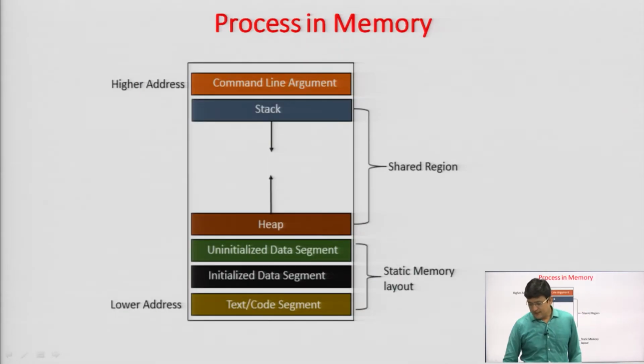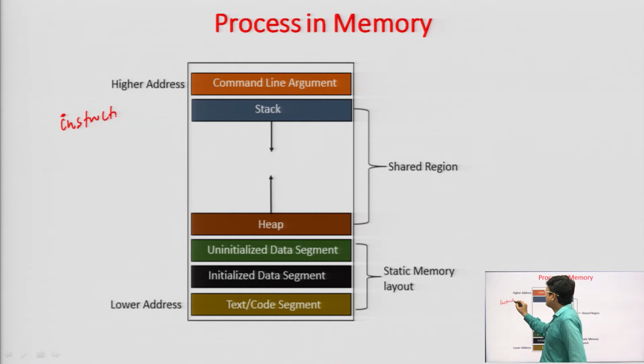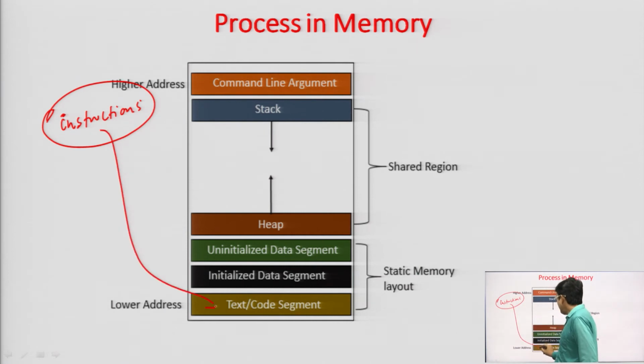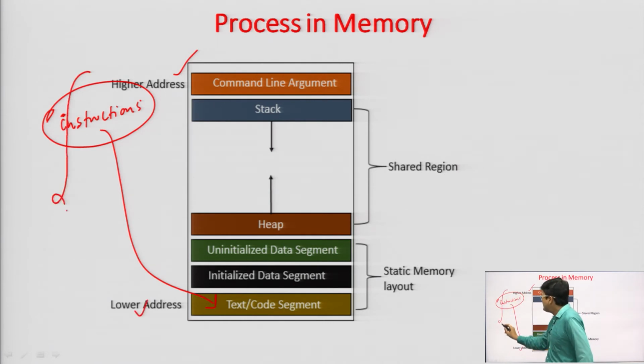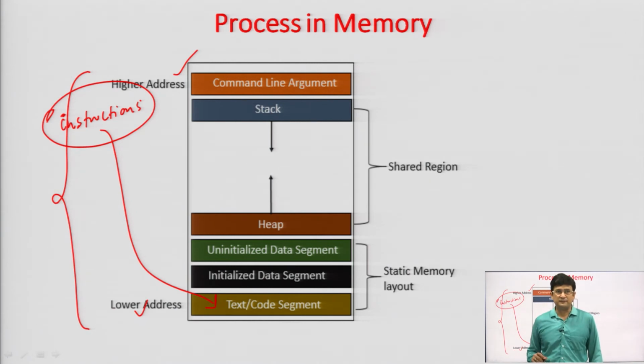And then there are several segments, or several parts of this process. It means when you are bringing the program, there will be instructions. These instructions are the text. So, these instructions are going in the text segment of your process, or your process boundaries. This is the higher address and this is the lower address. So, the space between the two is the process boundary. It is of 64 kilobytes usually in C programs. So, these are the boundaries defined, the higher address and the lower address.